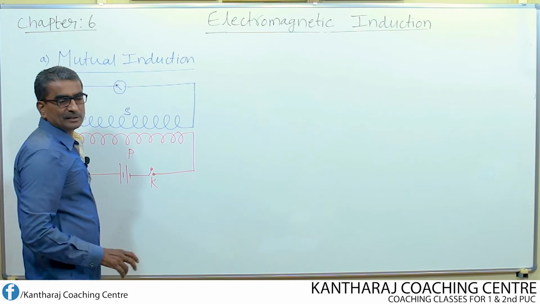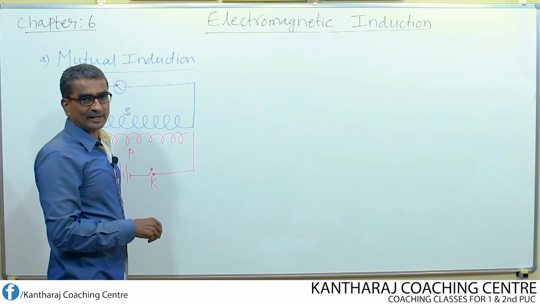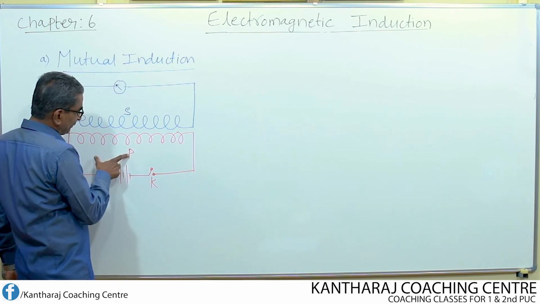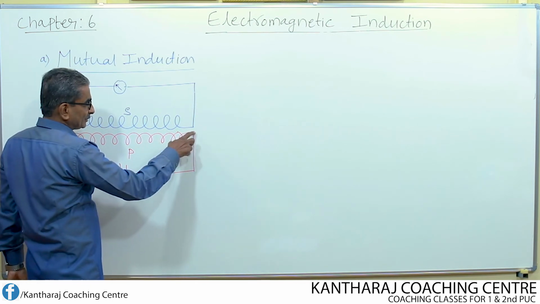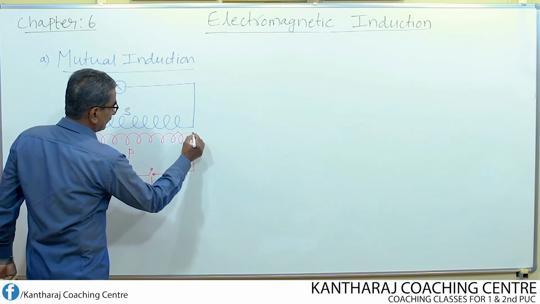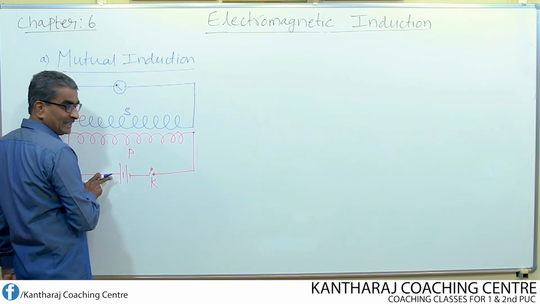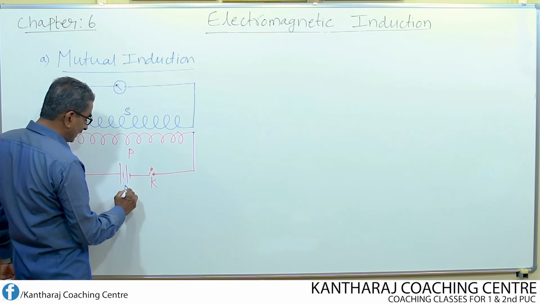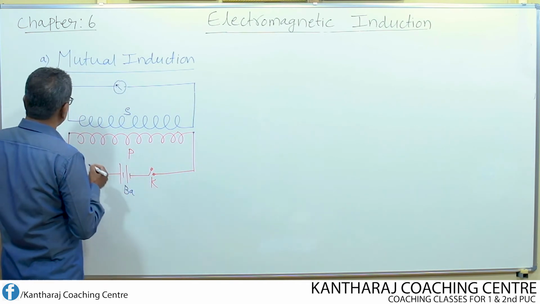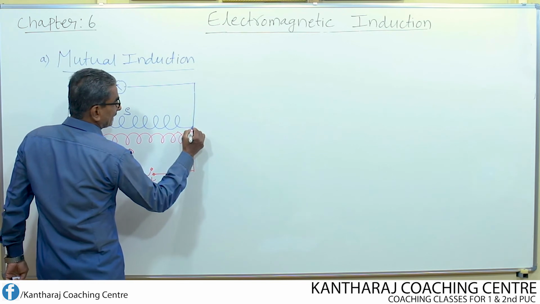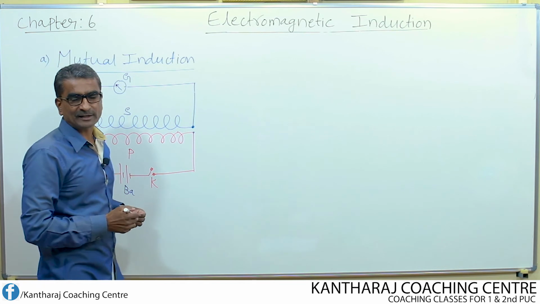Suppose I consider two cylindrical shaped coils known as solenoids. One coil is known as the primary, whose ends are connected to a battery and a tap key. This is one end of the coil, this is the other end of the coil. The two ends of the coil are connected in series with the battery and the tap key. Tap key means pressing key. Whereas the two ends of the secondary coil are connected to a current sensitive device known as a galvanometer.